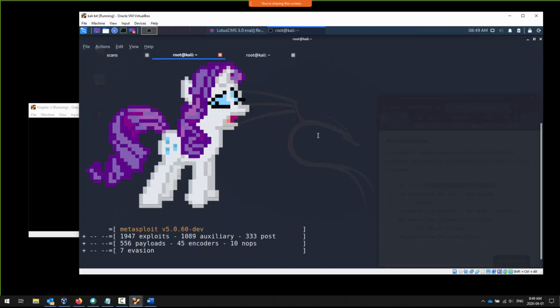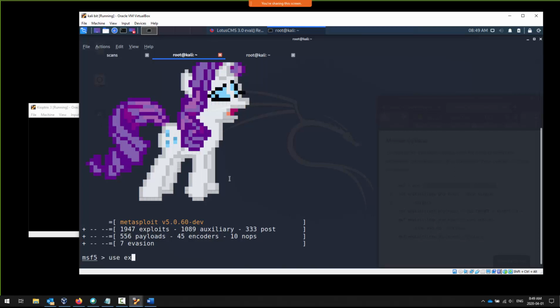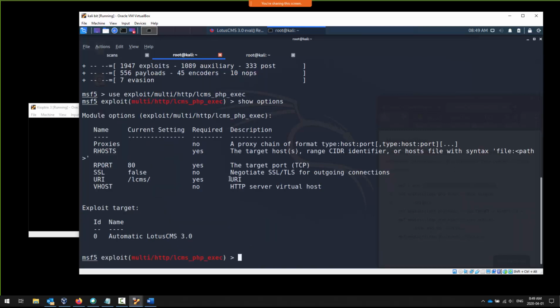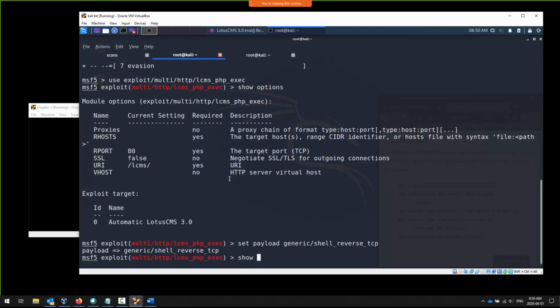It's what we have. So, we are going to use exploit multi. I'm going from the documentation, HTTP, and it is LCMS, and as soon as I hit the tab after the LCMS, it finds the PHP remote shell execution. With this we can always do show options, but as I said before, we actually want to use a payload with this one. So we're going to set a payload of generic shell reverse TCP. Tab again is your friend. So now when I do show options,